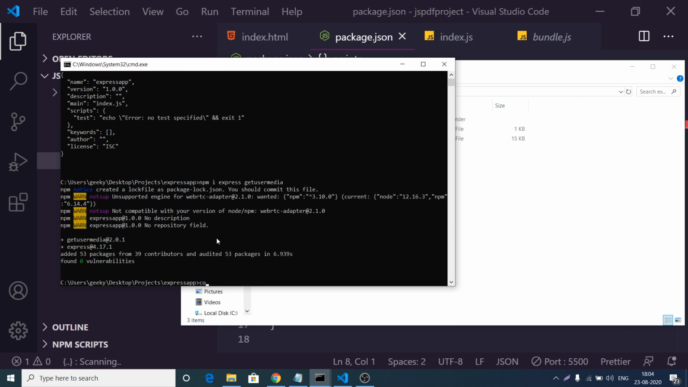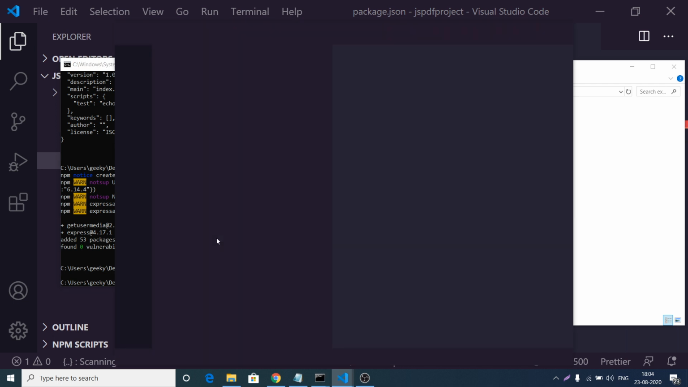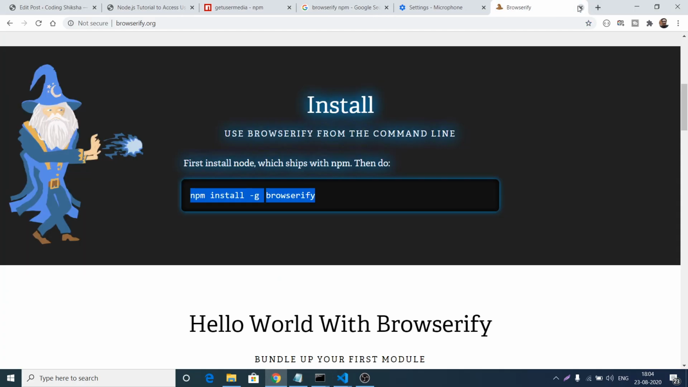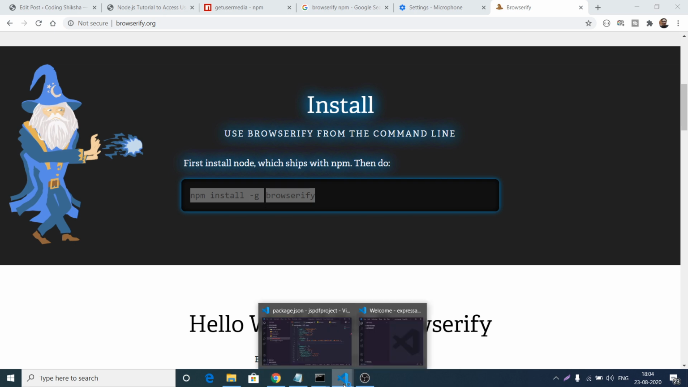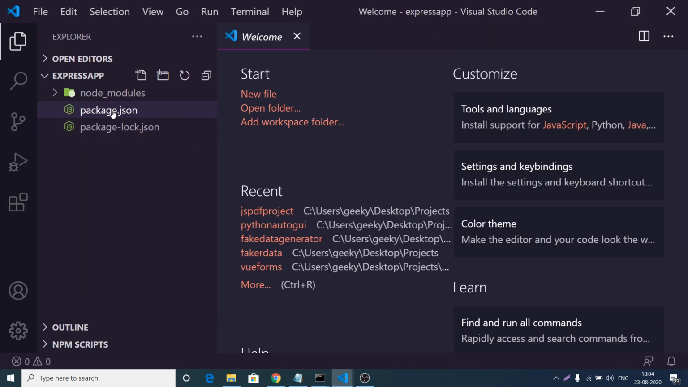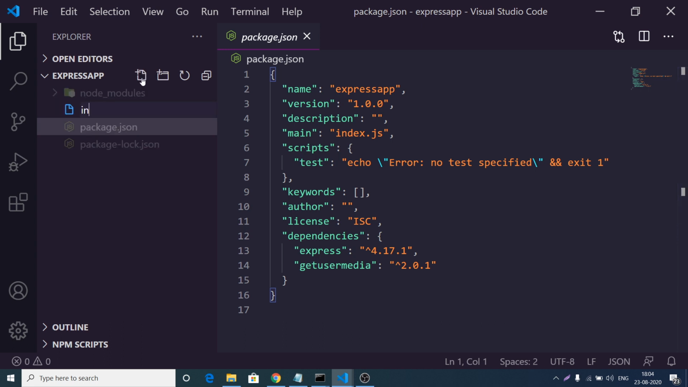Now we need to open this inside Visual Studio Code. This will open Visual Studio Code inside the folder. Let me just close this window. You will find this is my Node.js project, a pure Node.js project. If you open the package.json, you will find these two dependencies. Now we need to just start our Express app. Just create this index.js file, and